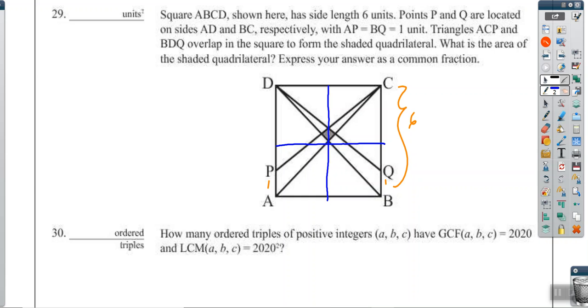So the first thing that I realize is, okay, I have two triangles. If I find the area of one triangle and multiply it by 2, then I know the area of the whole thing, which means I need to find this point